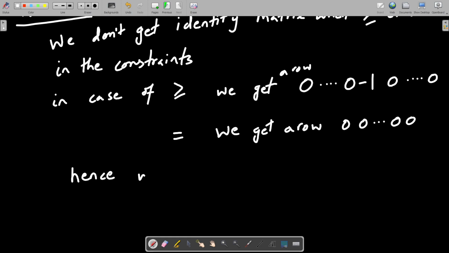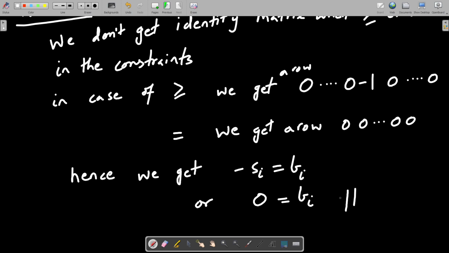Hence we get minus si is equal to bi, or 0 is equal to bi.